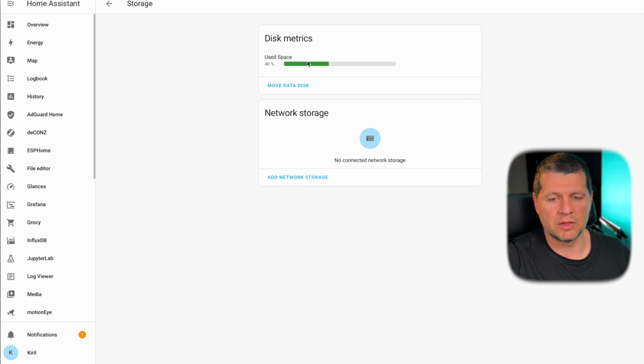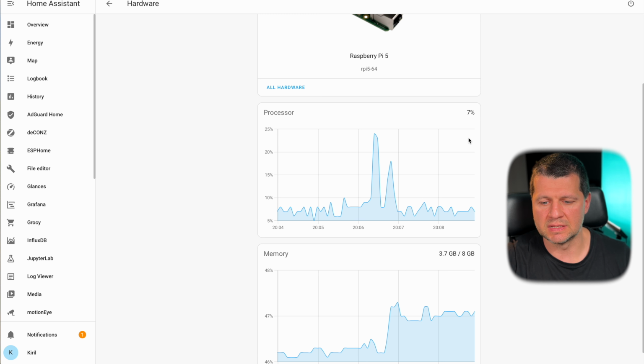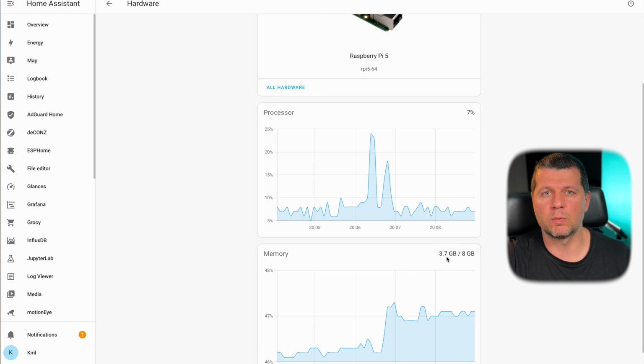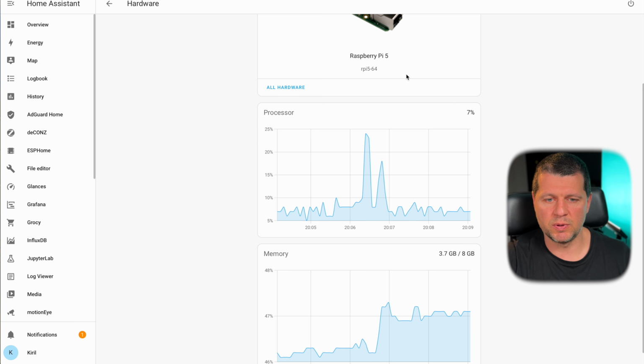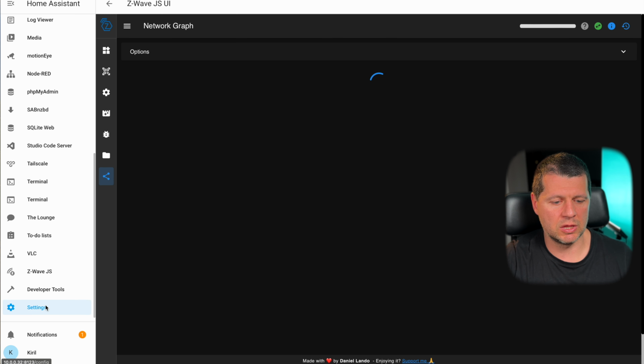Let me check the disk metrics. 40% disk usage, that means how much? 23.1 gigabytes used until now. And processor and memory are frozen. They are at 3.7 GB, 0.1% up, and 7% CPU usage. And I'm going to the next add-on, which is